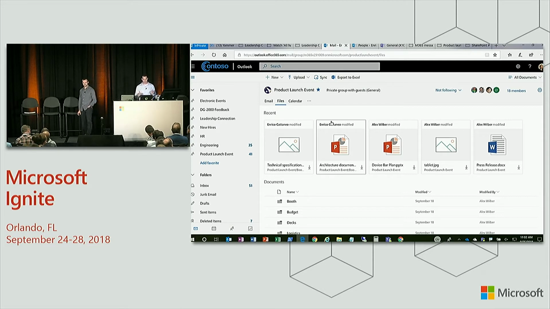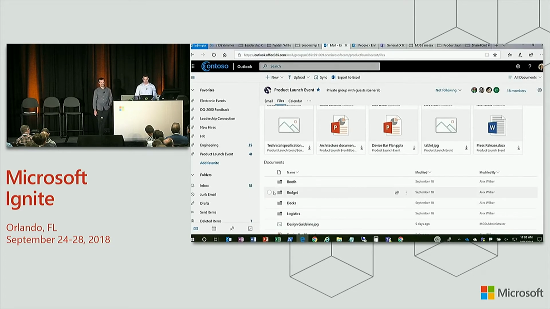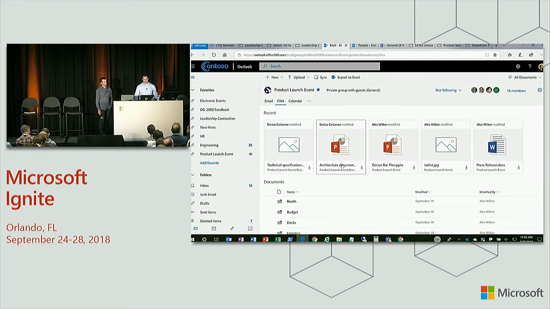It's allowed us to deliver probably the number one most requested feature in the files experience, which is the hierarchy of folders that are available inside SharePoint. I know this was asked by a ton of customers. So now as I drill into my folder hierarchy, I can actually create new documents, new folders. I can upload files. I can even delete files from right here within Outlook. This was never available before. So this is really a step up from the files experience that we had previously. And again, I'm also going to point out that any new features added to this control in SharePoint or anywhere else will now be inherited by Outlook and available right here inside Outlook. How do you like that?